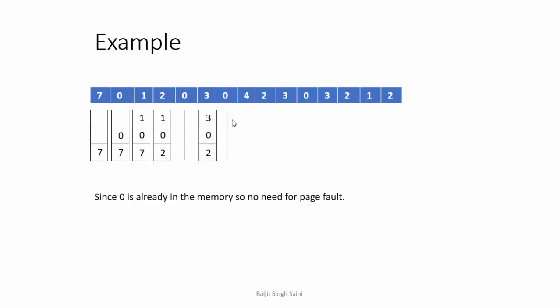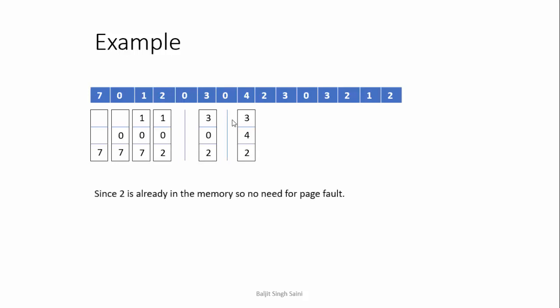The next request is for page number 4। तो मैंने देखना है कि 4 के बाद, after 4, which is the first page that will be used, it is 2, so we will not replace 2. Next will be 3, so we will not replace 3. So what is left? 0. So we are going to replace 0 with 4.